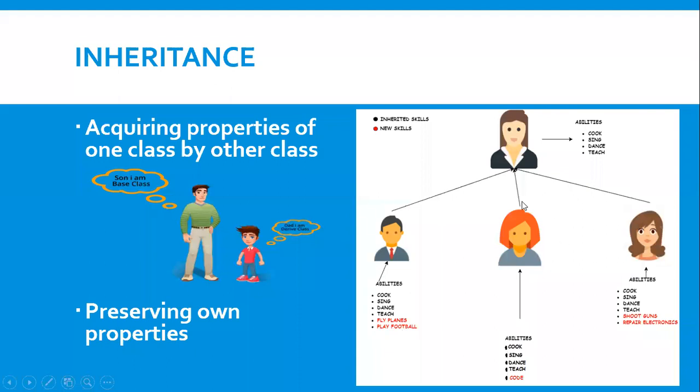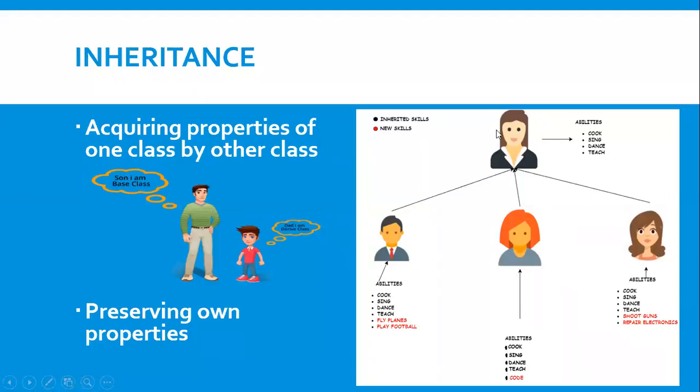Okay, similarly, the first daughter has 4 mother properties and 1 unique property. And the second daughter has 4 mother properties and 2 unique properties. So here, the properties mentioned in black color for each and every child are called inherited skills. The properties mentioned in red color are called the unique skills. Okay, and these skills may further extend to the children's